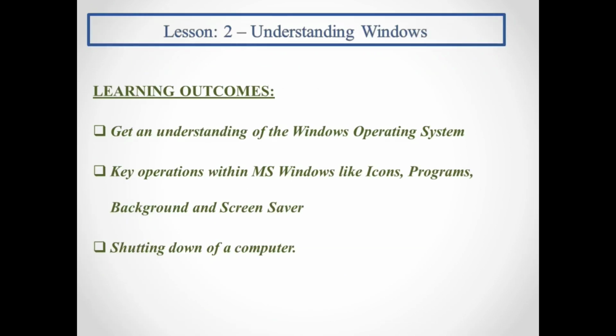Now, in this Lesson 2, Understanding Windows of Class 3, we will look at the learning outcomes of this lesson. What will you be knowing at the end of it? What is the Windows operating system, and what are the other operations in MS Windows? MS means Microsoft. We will also cover icons, programs, how you can change the screen colors and backgrounds,